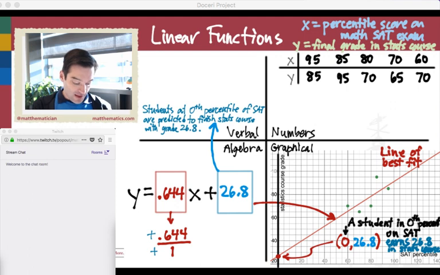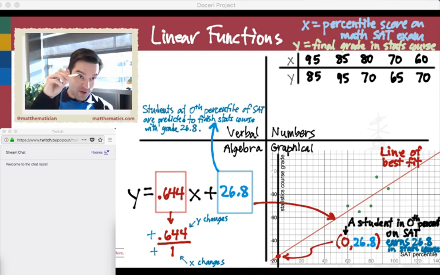Remembering that in any slope, it's always the y quantities on the top, in the numerator of my slope, and x quantities in the denominator. Y changes on top, x changes on the bottom. After all, remember that the formula to compute a slope out of a set of data is y2 minus y1, the difference in the y values on top, the rise, and x2 minus x1, the difference in the x values, the run, are on the bottom in the denominator of that fraction. So now all I have to do is remind myself that the y changes are stats course grades,